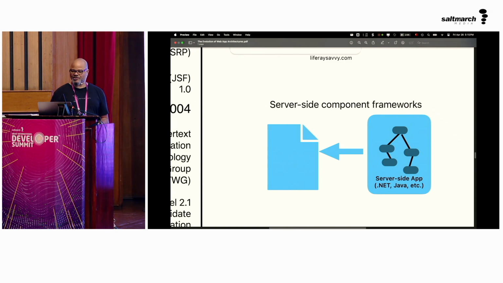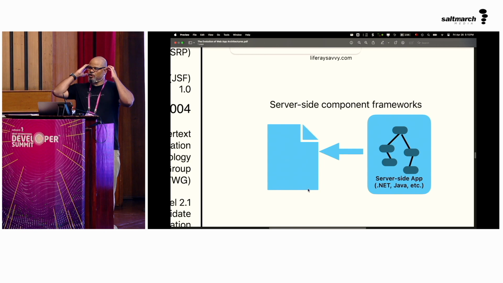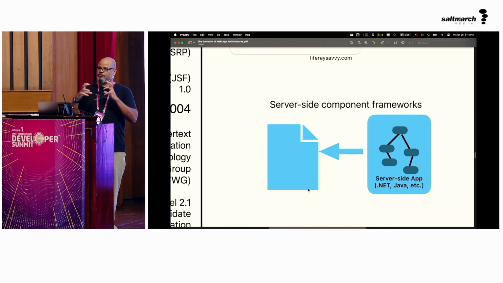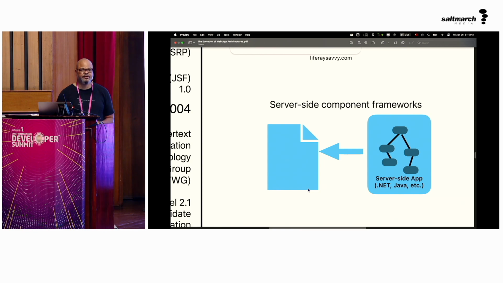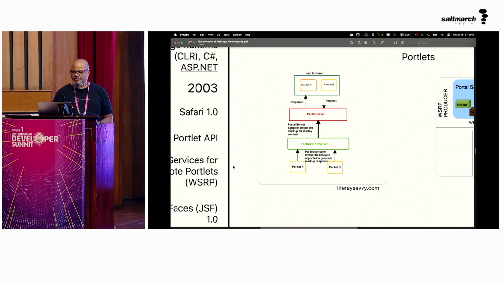And then the web browser didn't really know about the UI components. It would have some JavaScript to provide that functionality, but the only JavaScript was for the UI components, no business logic or anything. Okay. So this was around that 2003 time. The other thing that we had then